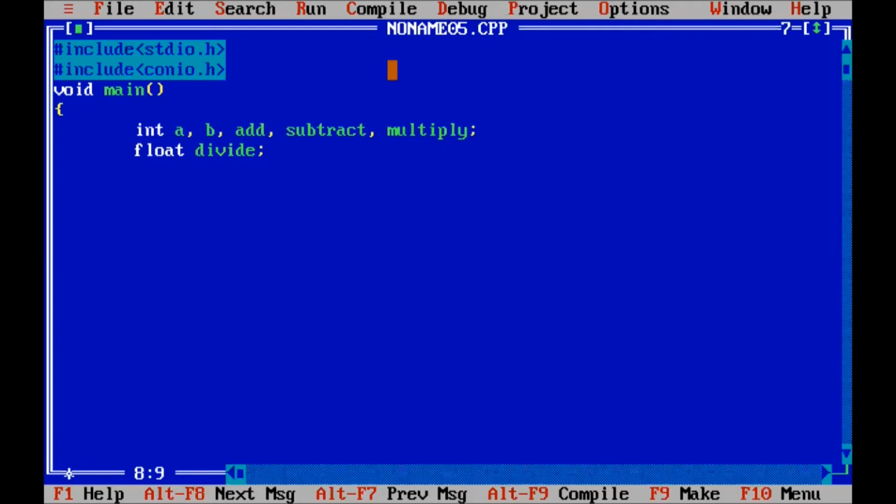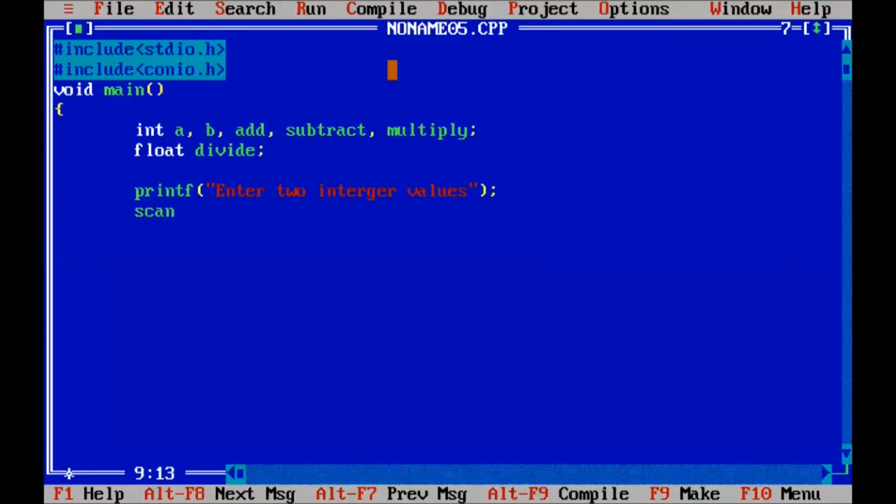So we print a simple message here, printf "enter two integer values". This message will be printed. Then we scan two values by using the scanf function.